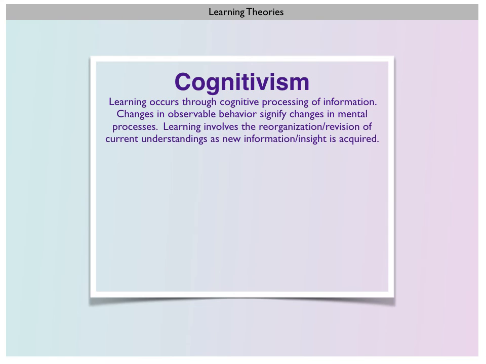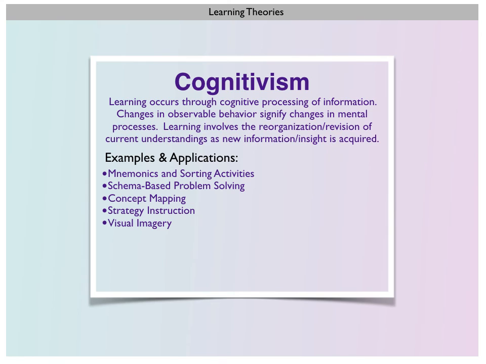Cognitivists believe learning occurs through the cognitive processing of information. They see behavioral changes as an observable sign that there have been changes in mental processes. Through the lens of cognitivism, learning involves the reorganization or revision of current understandings as new information or insight is acquired. Some examples and applications of cognitivism would be using mnemonics to help the learner recall something, or providing scaffolds